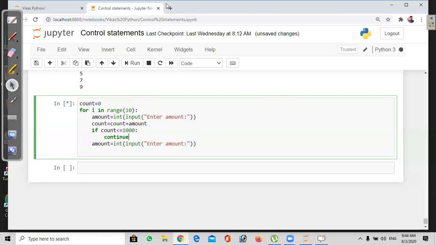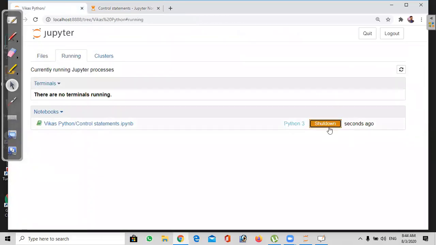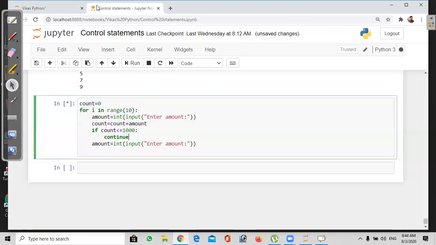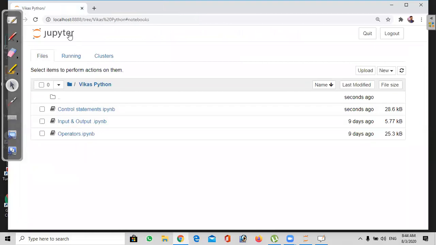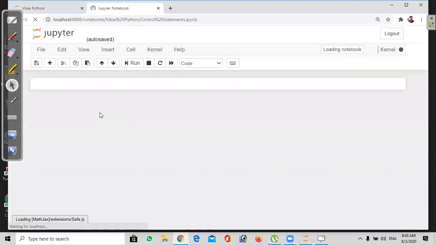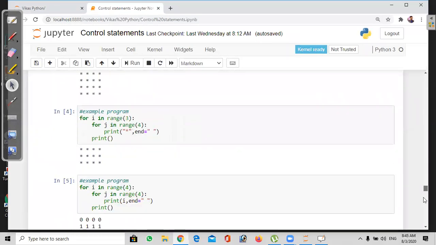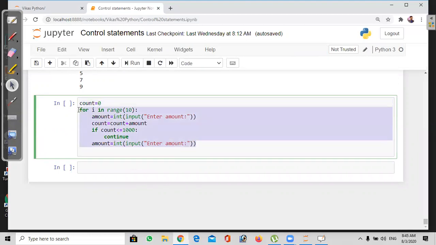Yes, instead of the for loop, let me take the while loop.